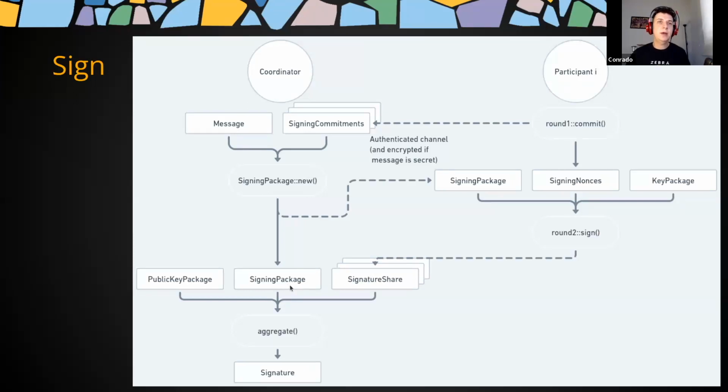With the signing package and the public key package, they call aggregate and produce the final signature. So it's a two-round protocol, because here you have one round of communication, and here's the second round, because you send a message and get some message back. That's a separate round. So FROST is a two-round protocol, which is cool because a lot of other options had three rounds,